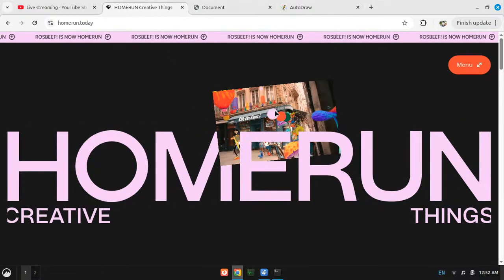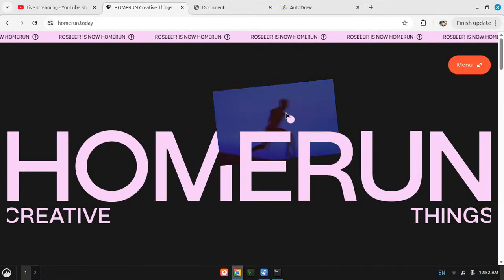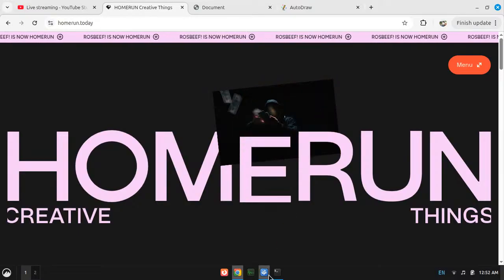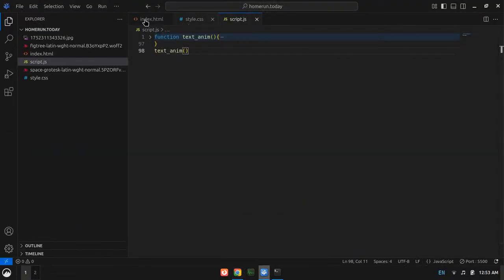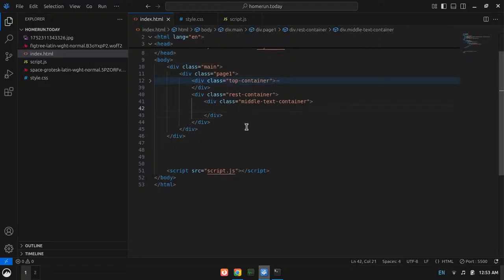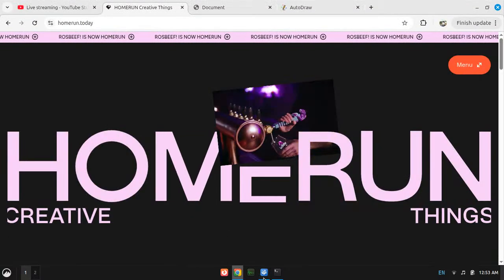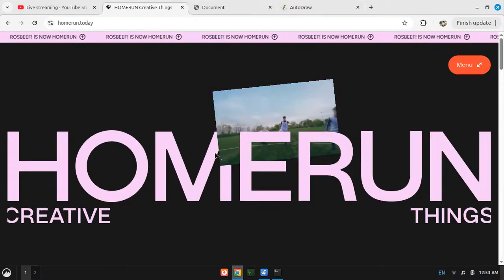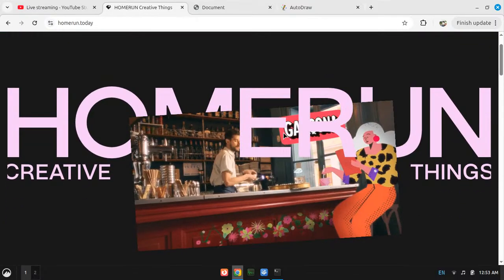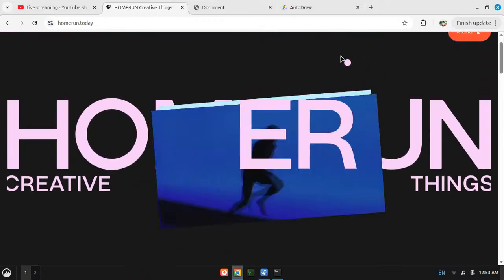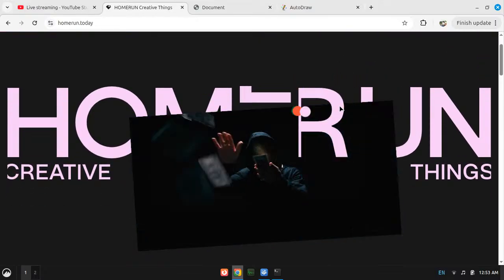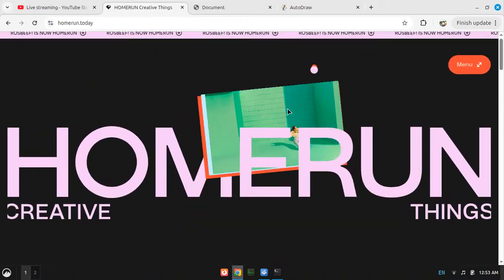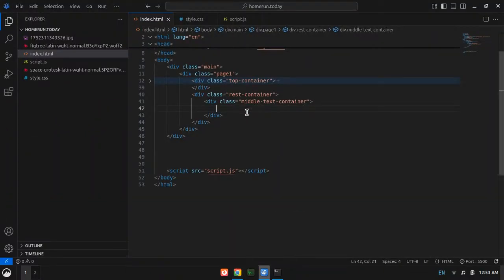Now what I need is this div, right? And this is 16:9, but I don't know how big the div would be. I need the div to be inside the middle text container, because it sits on top of half of the text and behind these two letters. So in order to make that happen, we need it here. I will call it video div.